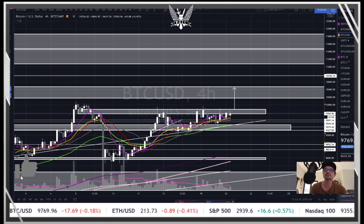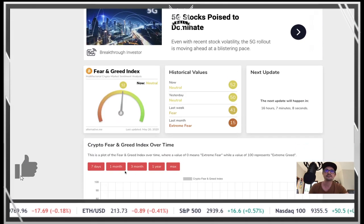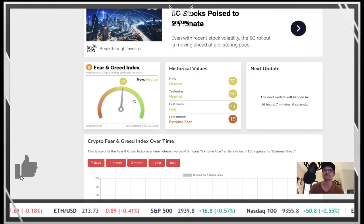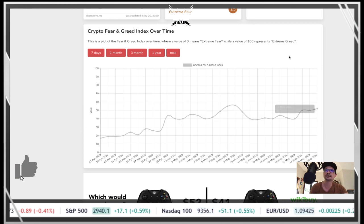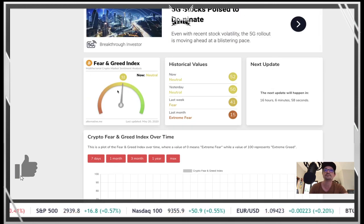Let's have a look at the crypto fear and greed index. We're ticking at a 52, so we're in the neutral zone. Why is this useful? When it's at extreme reads, we tend to have counter moves. And as you can see here, we've been slowly making our way up. Nothing dramatic. People are very, very reserved. They're not really giving in to the greed as yet, which makes me think that we've still got some more way to go before we get that real